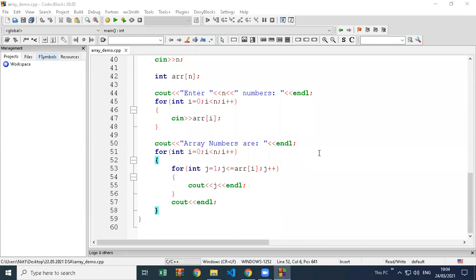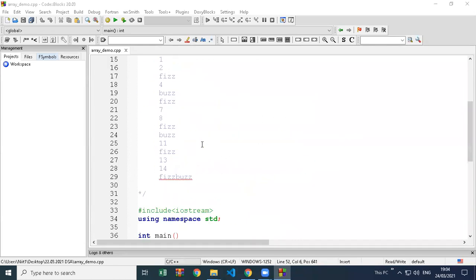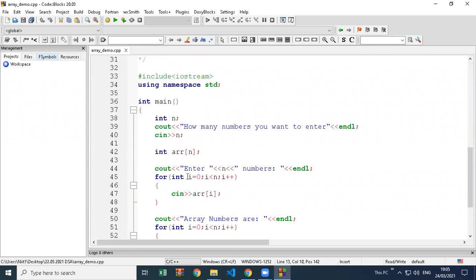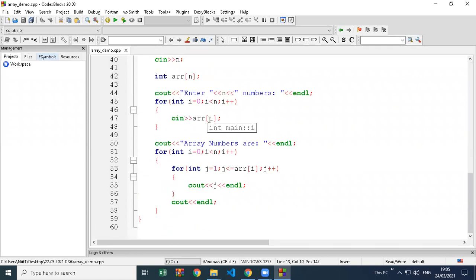Yes, so as we discussed last session, first we are going to try the homework questions from the session before. The first homework question is the one we created for Fizzbuzz. The question is already done. We have to take numbers from the user, store them in an array, and then print 1 to each number of the array. Everything is working. The code was already done.